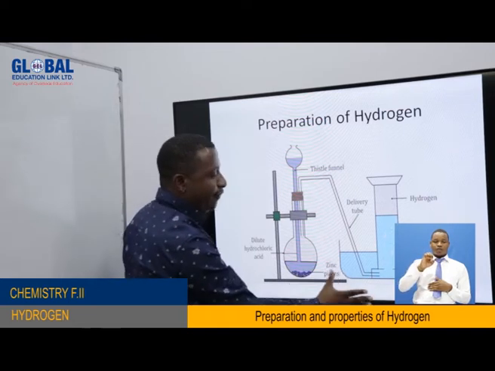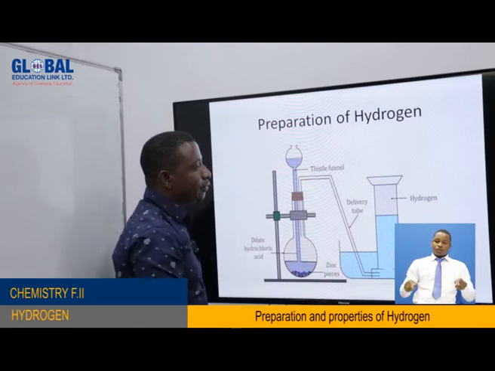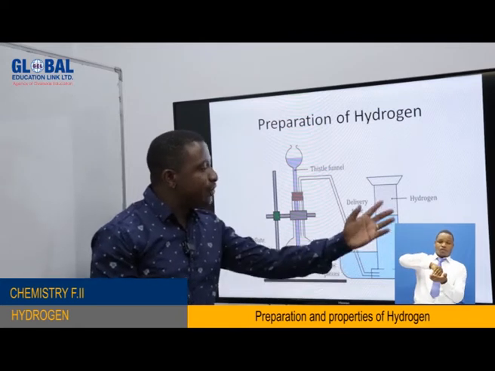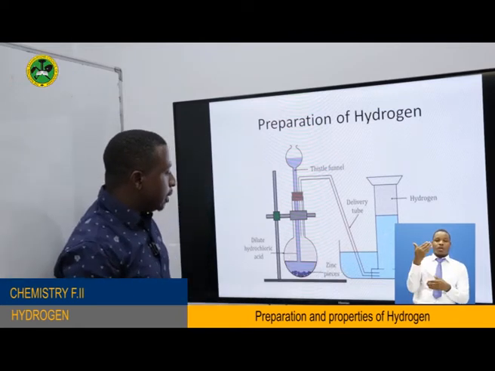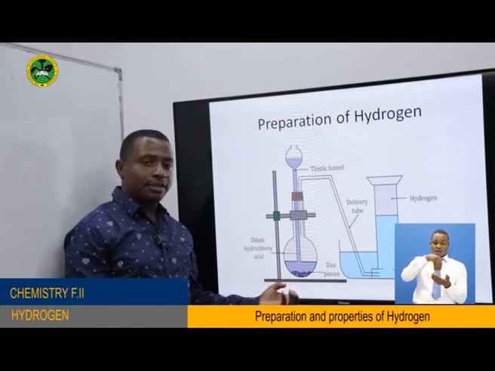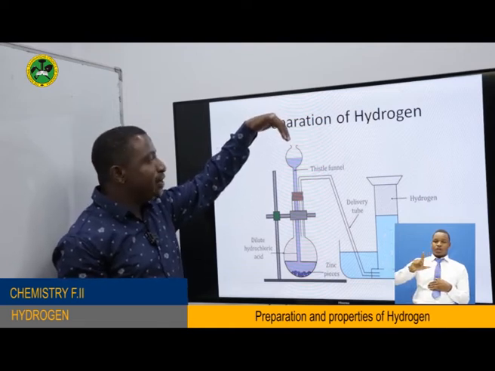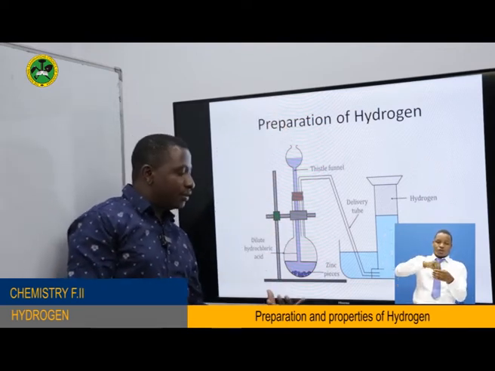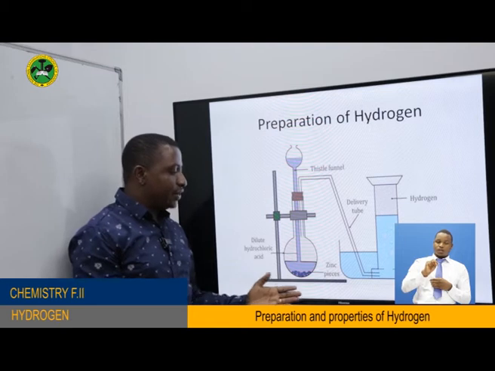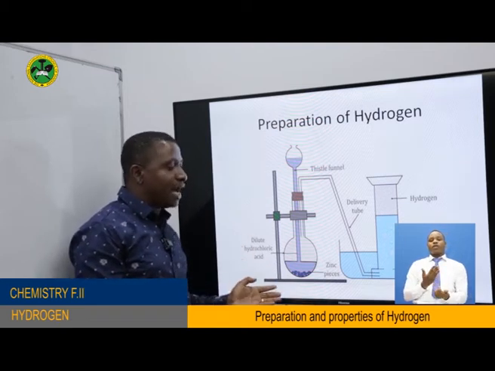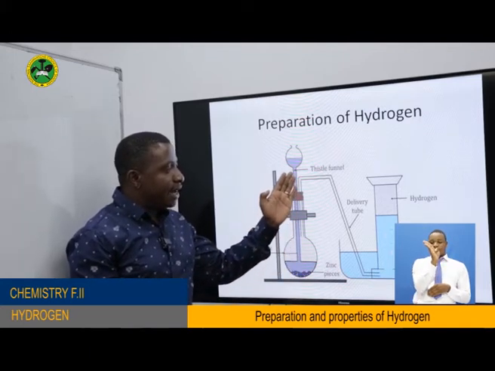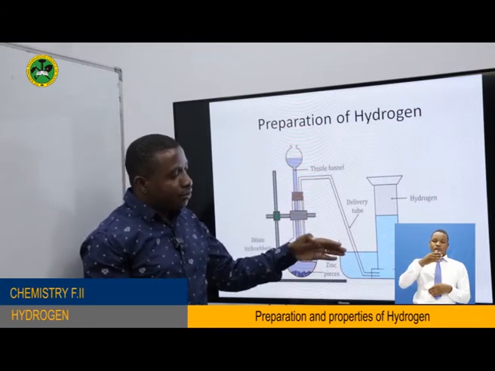You also have a trough, and a gas jar. This one here is an inverted gas jar. Now, zinc pieces are put within the round bottomed flask. Hydrochloric acid is added into the round bottomed flask. The reaction now occurs between zinc pieces and the dilute hydrochloric acid, whereby hydrogen is produced and taken to the